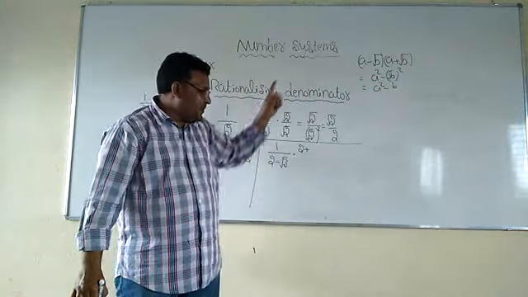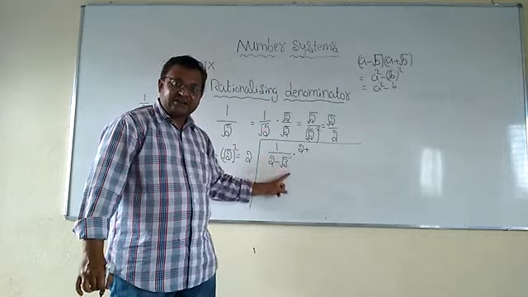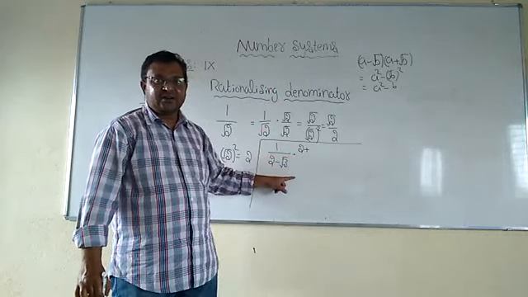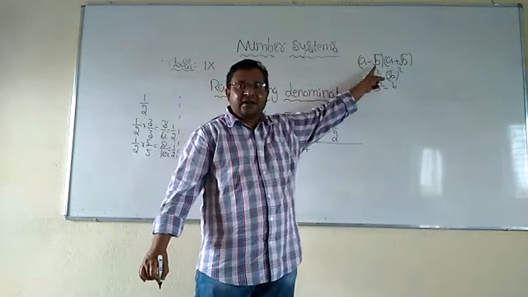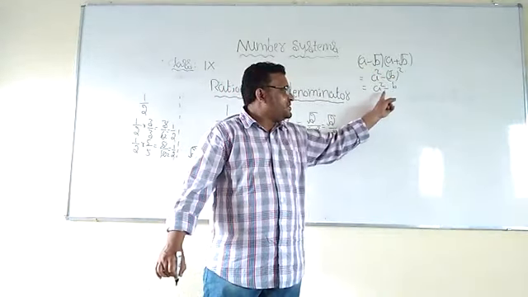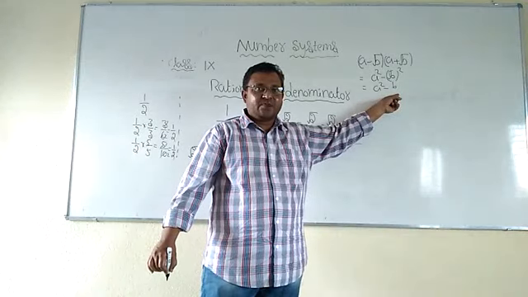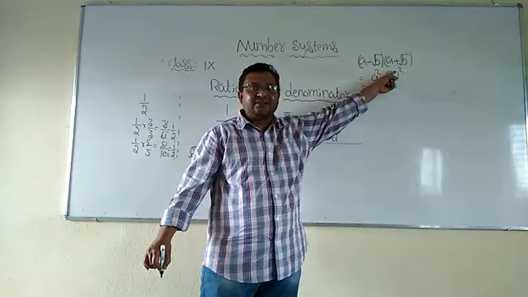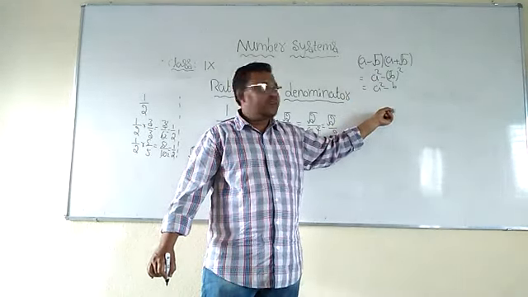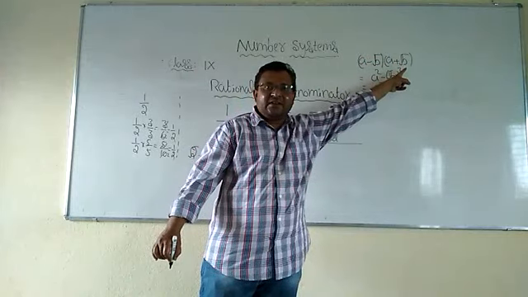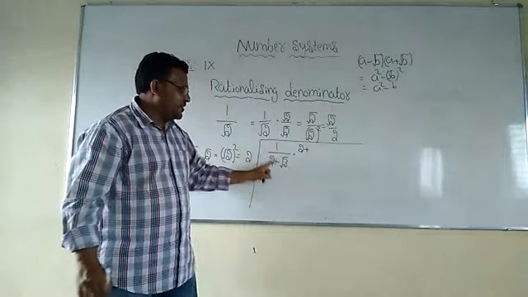And by using the same formula, to change this irrational number into a rational number, we have to multiply both numerator and denominator by 2 plus root 3. Why? Because a minus root b into a plus root b is equal to a square minus b. It is a rational number now. After multiplication of a plus root b with a minus root b, we are getting a rational number. That means where there is a minus, just multiply with the plus. The numbers are the same, just change the sign and multiply. Then observe what will come.